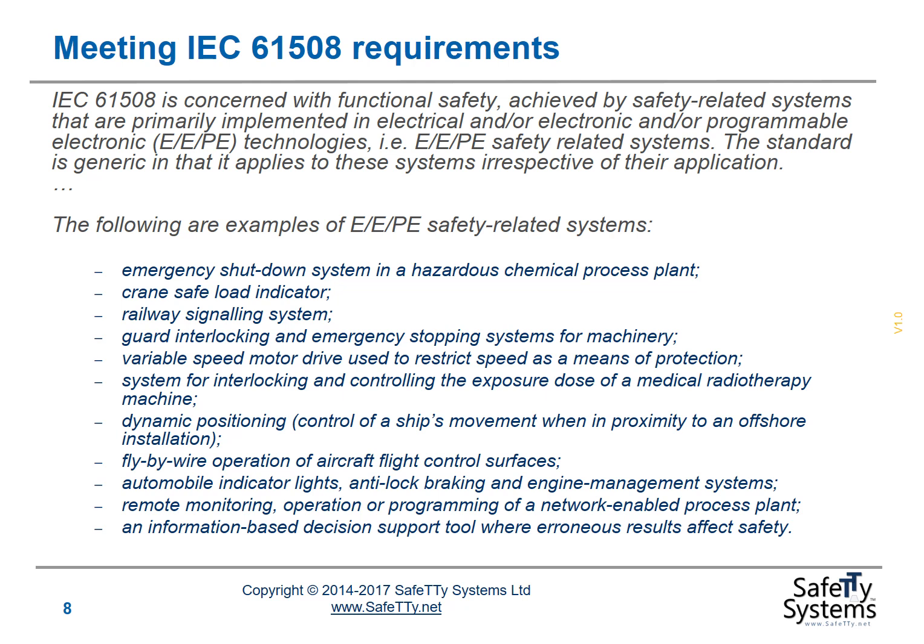The standard is generic in that it applies to these systems irrespective of their application. So these are some examples of safety-related systems that fall into the scope of IEC 61508: emergency shutdown system in a hazardous chemical plant, crane safe load indicator, railway signalling systems, etc. All of these come under the